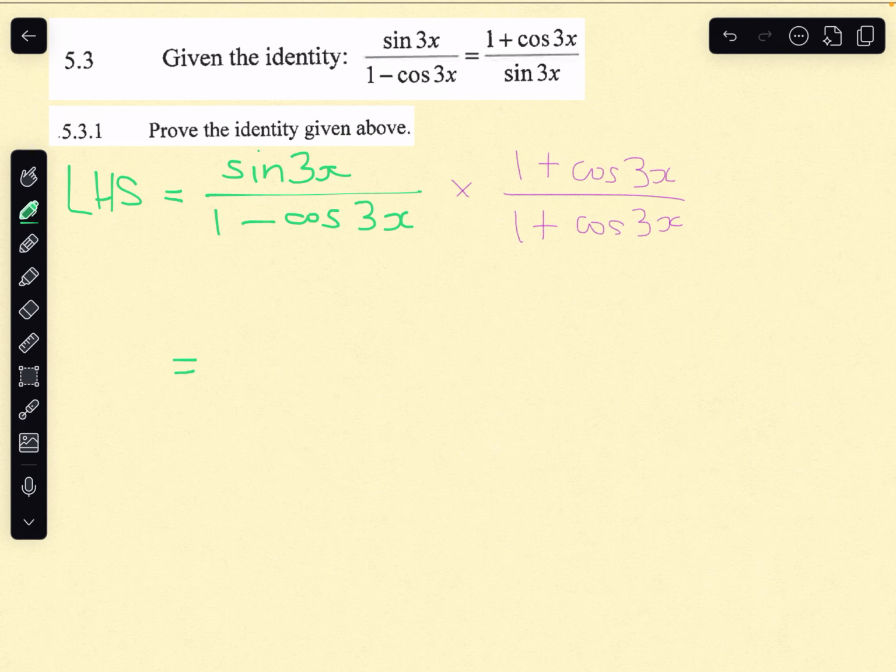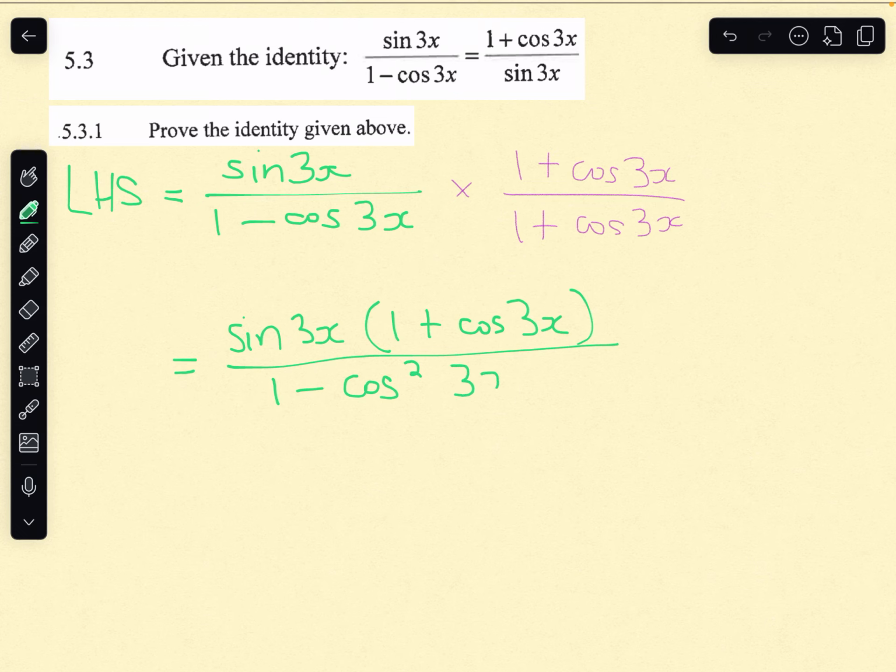So up here, I'm just going to keep it as sine 3x times 1 plus cos 3x. I'm not going to multiply it in because I can see that I end up with a 1 plus cos 3x on this side. So even if I multiply it in, I'm probably going to have to end up factorizing anyway, or doing some cancelling. So that's the difference of squares we end up with. And that, my friends, at the bottom